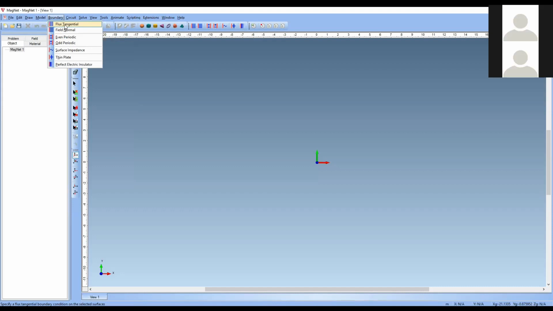But to get fine results and exact, accurate values from the real-time model to your simulation, you can use these types of boundary conditions. These boundary conditions have to be studied, and you need to understand their meaning before you use them. For example, I will tell the purposes of these boundary conditions. Flux tangential: if you apply this, it will suppress the flux density components present in the design. If you want to avoid tangentially acting fluxes, you can suppress them using this boundary condition.